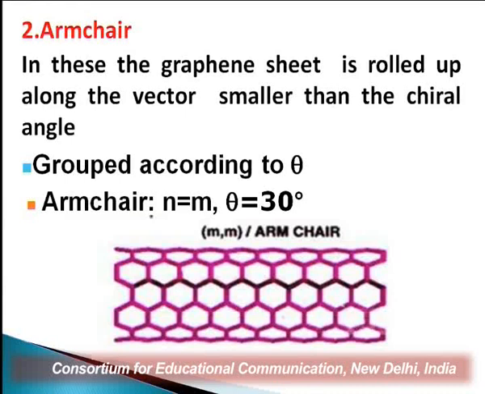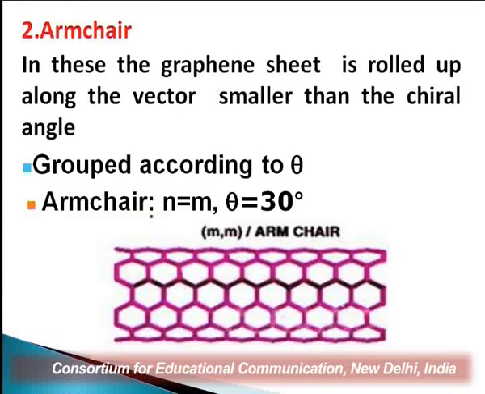If n is equal to m, then both values are equal, and the number of carbon atoms is equal. In this manner we can get an even number of sheets, like 10-10 or 5-5 rolled sheets. We will get 5 hexagon rings attached to 5 hexagon rings. So that is 10-10 or 5-5 graphene sheets which are rolled.